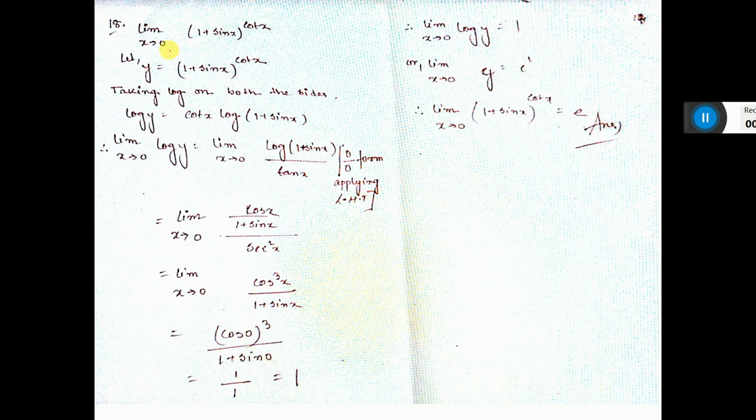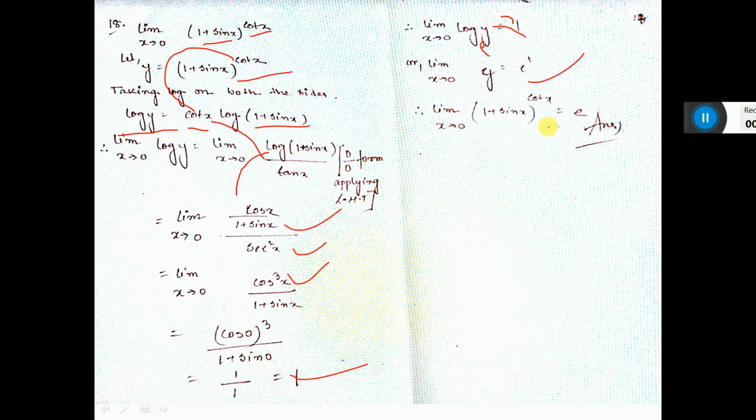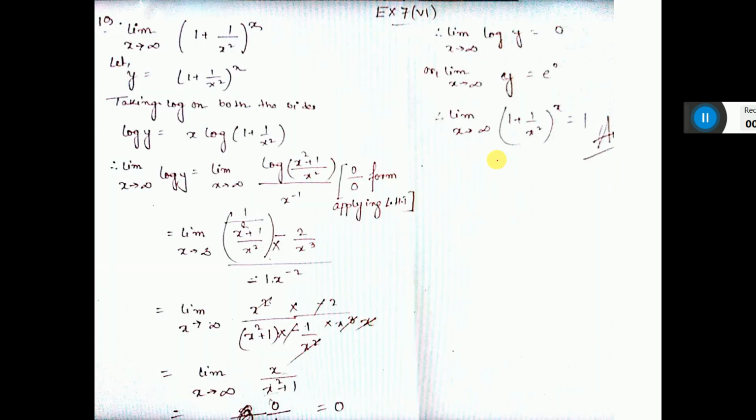This one also you see, you have to take log, so you consider y equal to this. If you take log, then log y equals cot will come front, log 1 plus sin x, then cot means 1 by tan, the 0 by 0 form, so you apply L'Hospital theorem, that means differentiation. Log means 1 by this into sin differentiation cos, and tan differentiation sec squared. Now sec means 1 by cos, it will go above, so cos cubed by 1 plus sin x. Now put the value, it is 1. So log y equals 1, here base is e, so e to the power 1 equals y, that means this is the answer. You do this one.